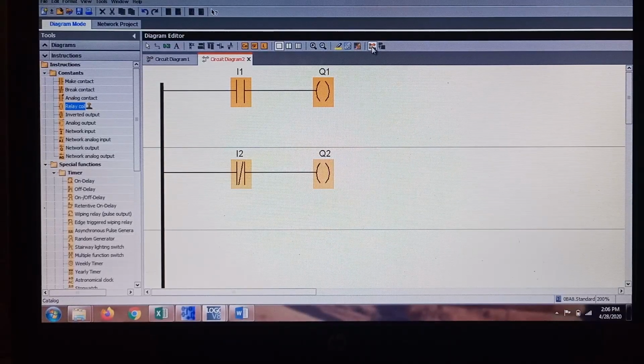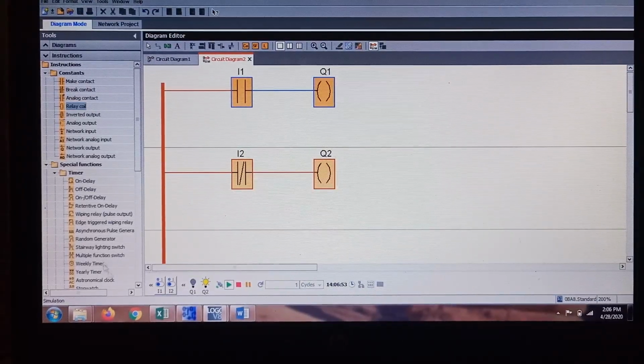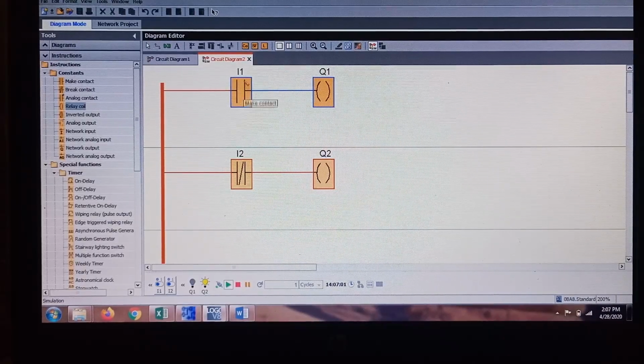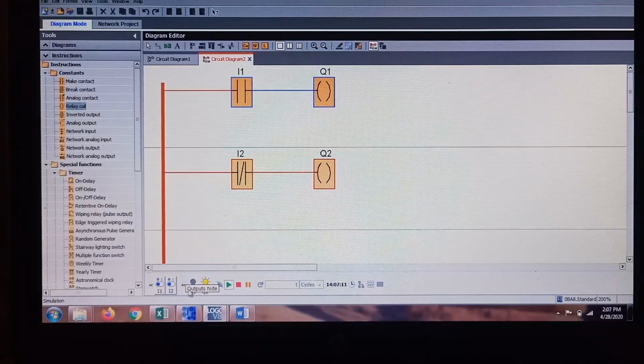So when you are simulating, downside you can see, here itself you can see what is the difference between normally open switch and normally closed switch. In the case of normally open switch, the supply is coming up to this point. It is not reaching your output. You can see your bulb is off. But in the case of normally closed switch, it is already closed and the supply is coming up to your output, and you can see the bulb is glowing. So this is a basic concept.